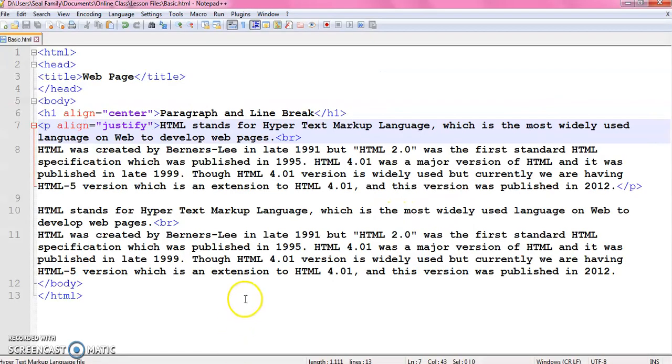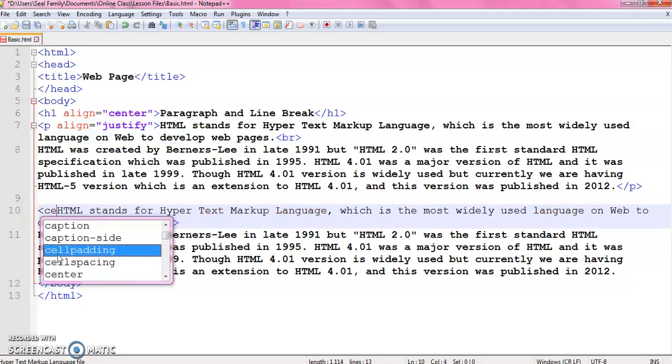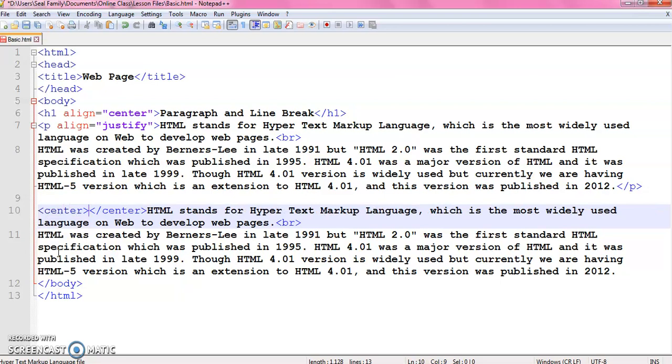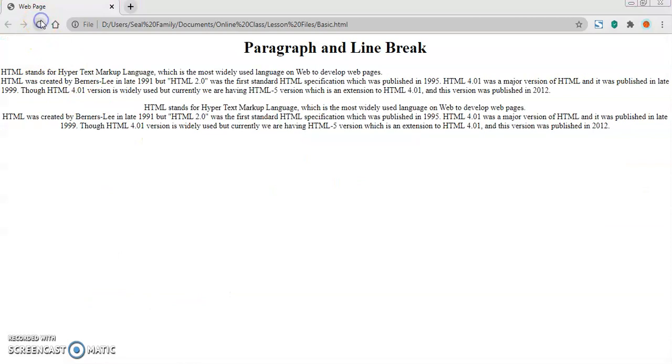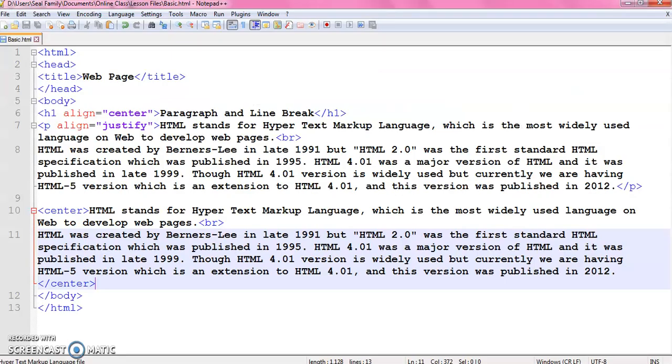In HTML, there is another tag called center, which you can use outside the paragraph tag. The center tag is a container tag and you can apply this to create any element centrally on your web page, whether it is inside a paragraph or outside the paragraph, because the align attribute is only applicable to the h1 tag and the p tag only.